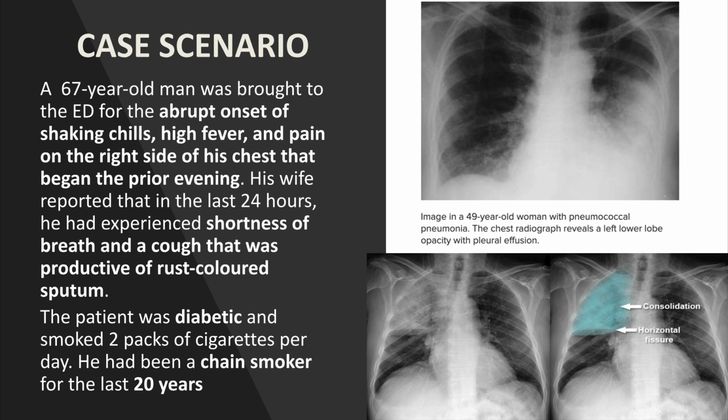Important risk factors include diabetes and heavy smoking, 2 packs daily for 20 years. Both impair immune function and lung defense mechanisms. Chest X-ray shows consolidation of the right upper lobe, indicating lobar pneumonia pattern. This presentation is classic for Streptococcus pneumoniae, the most common cause of community-acquired pneumonia. The combination of sudden onset, high fever, pleuritic chest pain, rust-colored sputum, and lobar consolidation strongly suggests pneumococcal pneumonia requiring